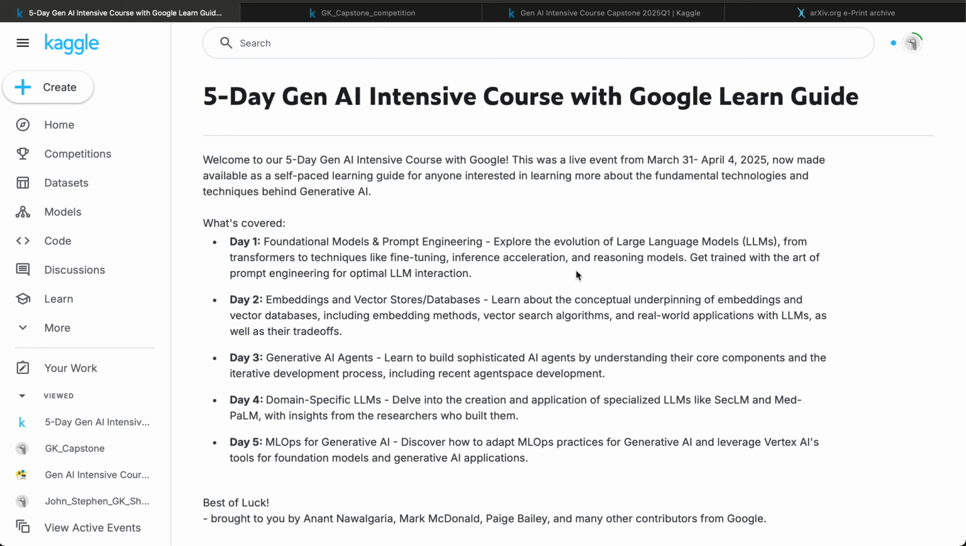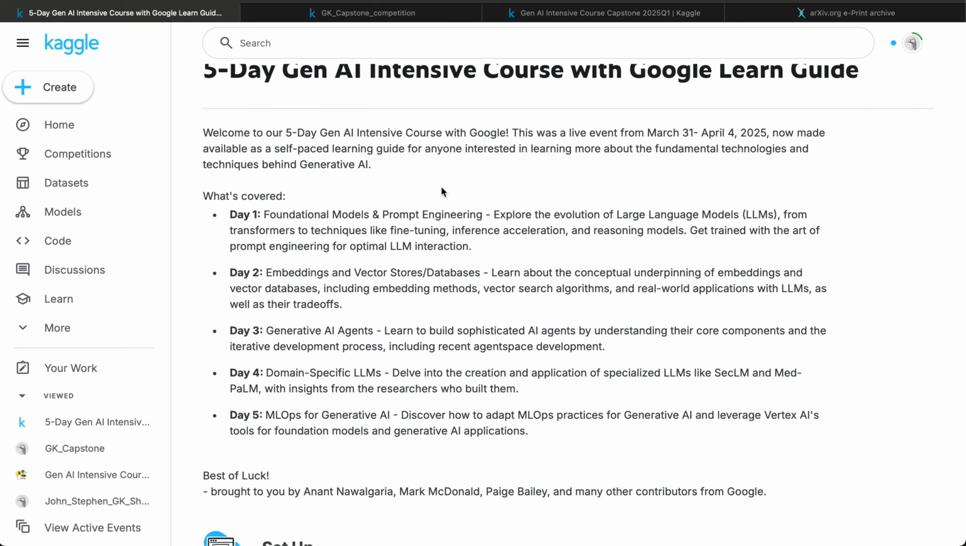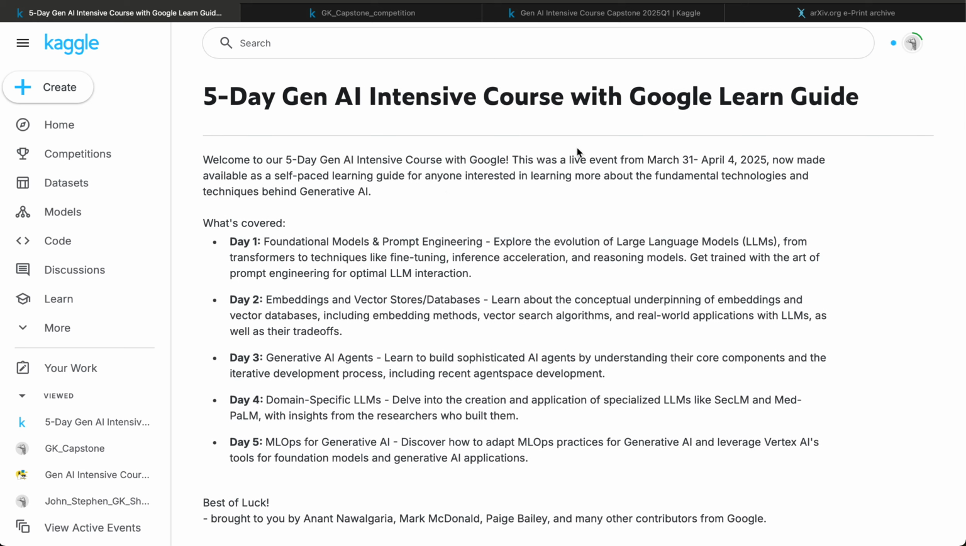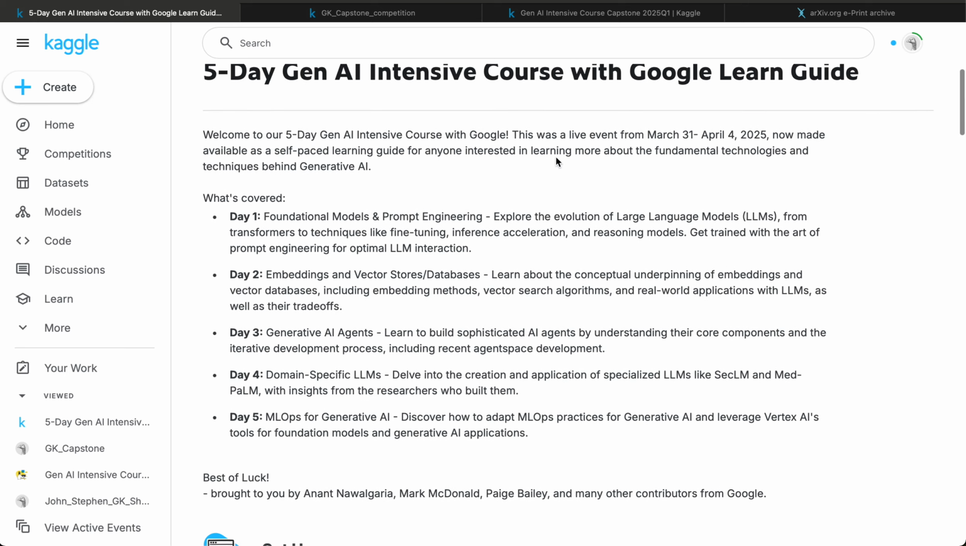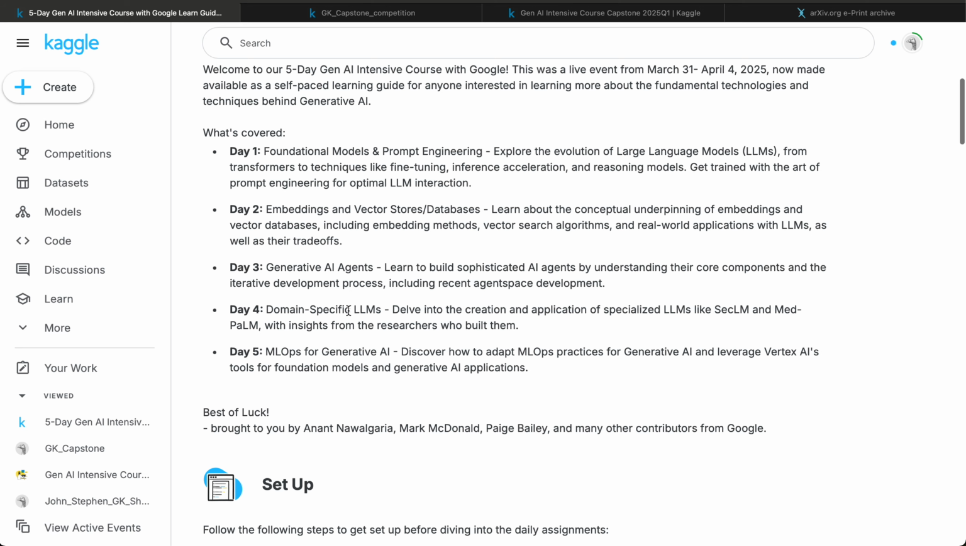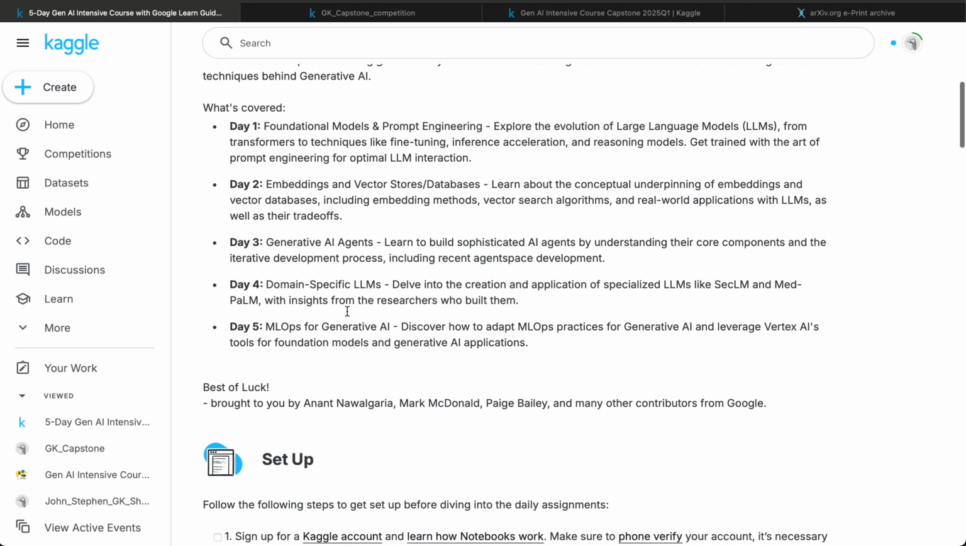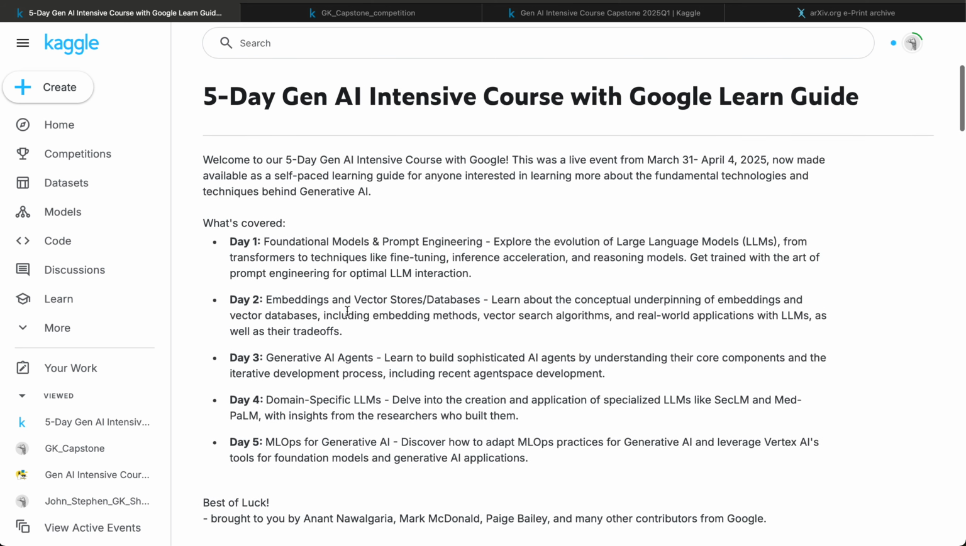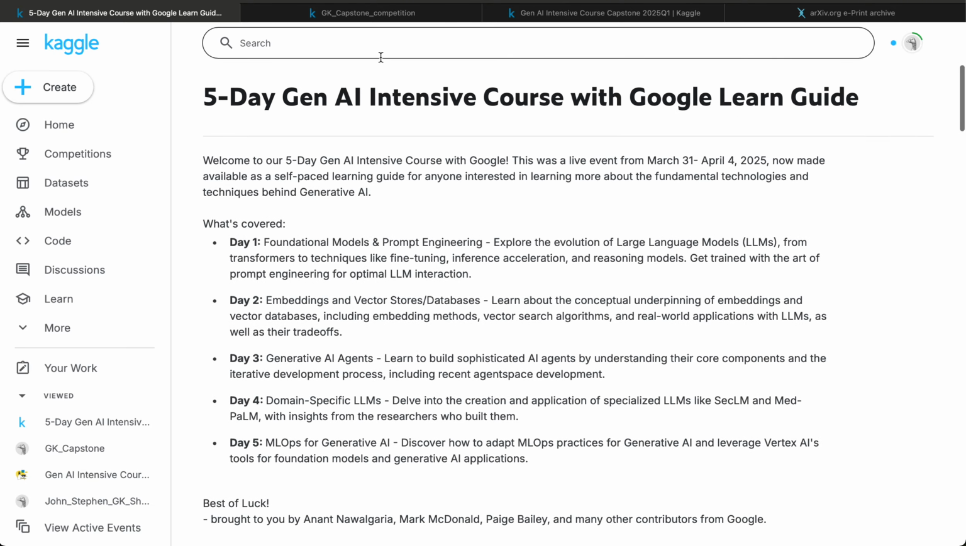So I've just shown here roughly the contents. They've created this self-paced learning guide if you want to see what's involved. The foundational models, prompt engineering, vector spaces, vector databases, embeddings, vector stores, generative AI agents, domain specific LLMs, and MLOps for generative AI. So at the end, we were looking at doing this